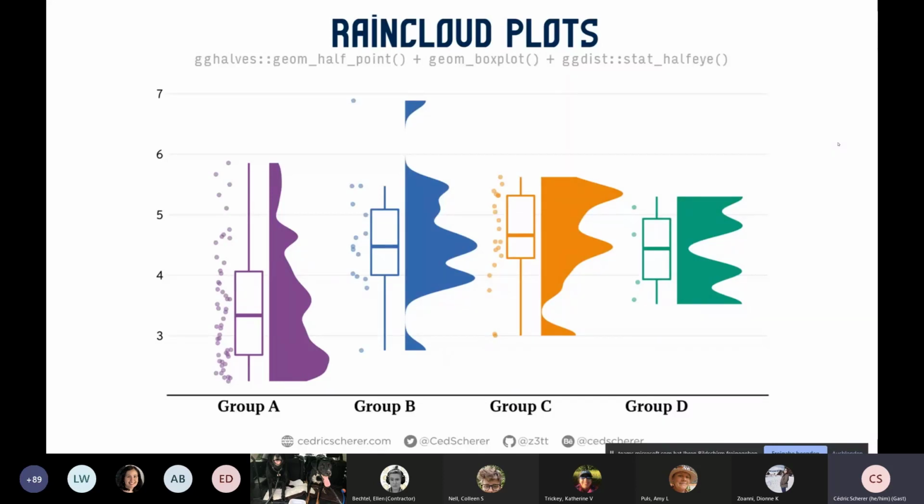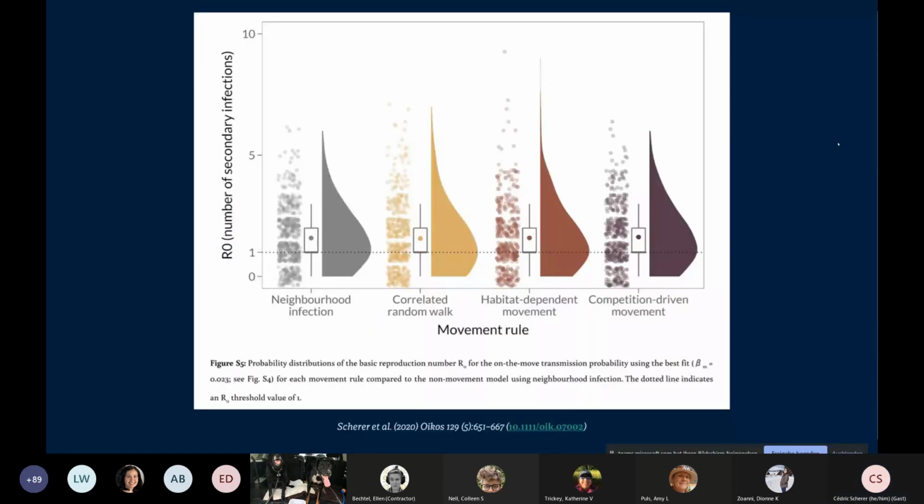Then we have in the center the box plot, and on the right hand we have a half violin or density curve. And again, we have to nudge them. So here, as mentioned, ggh halves has a side L, so on the left argument, and with the position nudge, we move the half eyes towards the right.